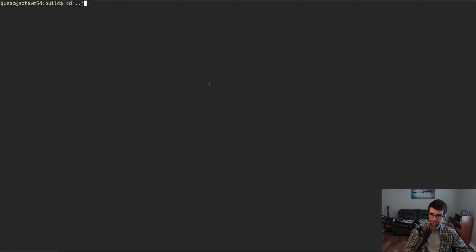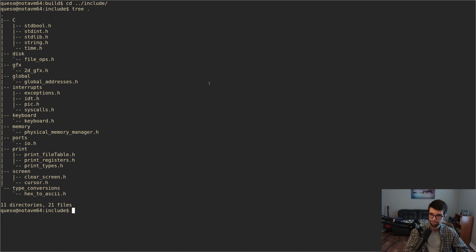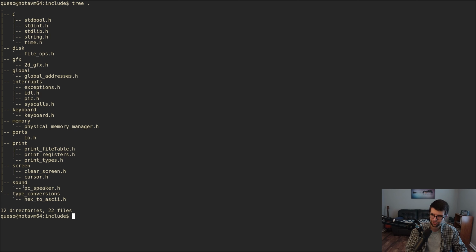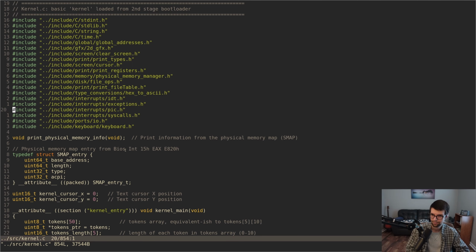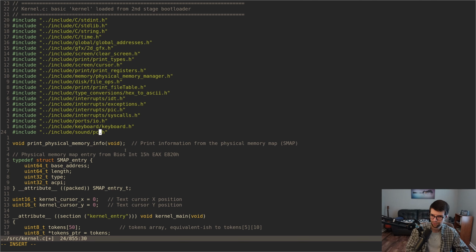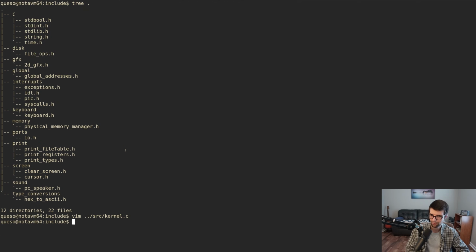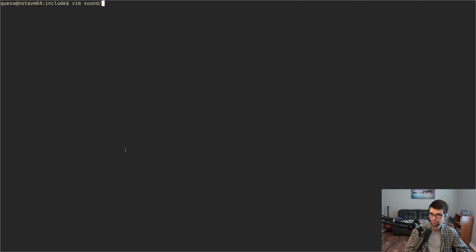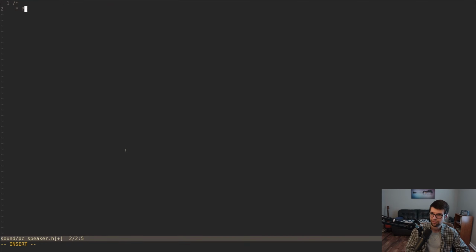Okay, and I'm going to have another folder within here. I'm going to call it sound. And within sound, we'll make PC speaker.h. So we have this here. I'm going to include that within the kernel. And it was just one level up. Sound PC speaker.h. I know it's empty right now, but we'll be filling that out soon. So definitions and functions for emulated, maybe hardware, PC speaker,